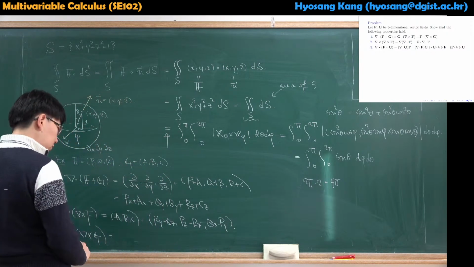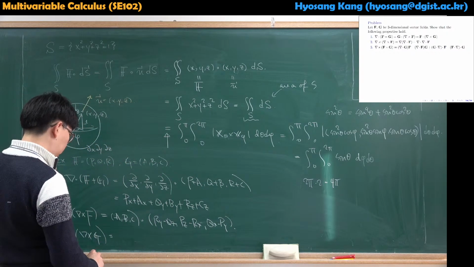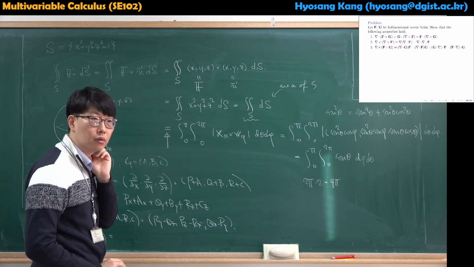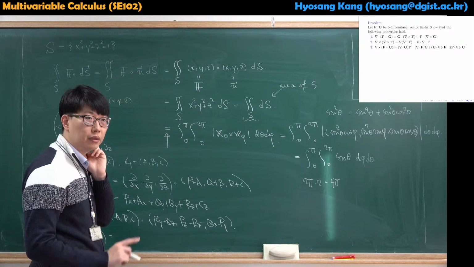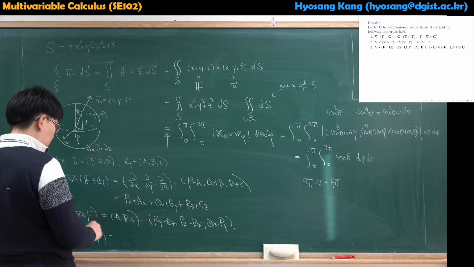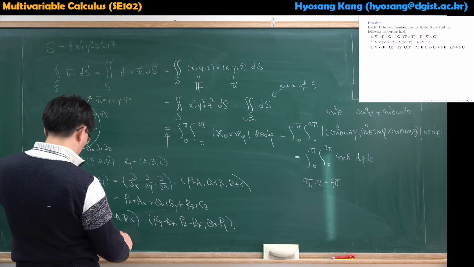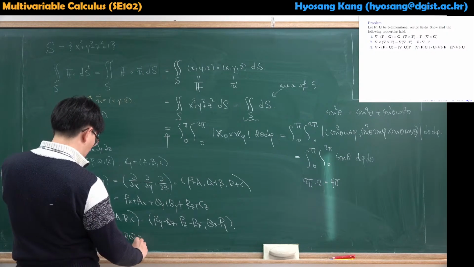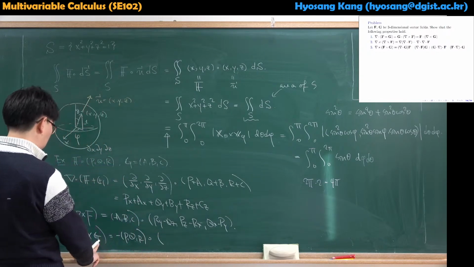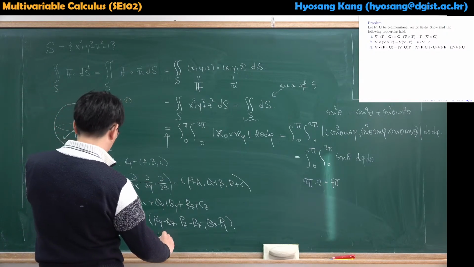Okay. PX. I think that's a typo. Let me check after I compute this all. So this is minus PQR inner product with G curl G, which is